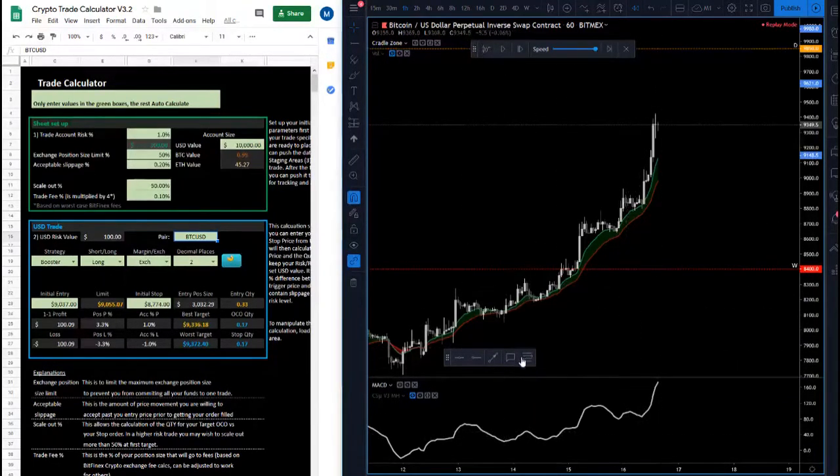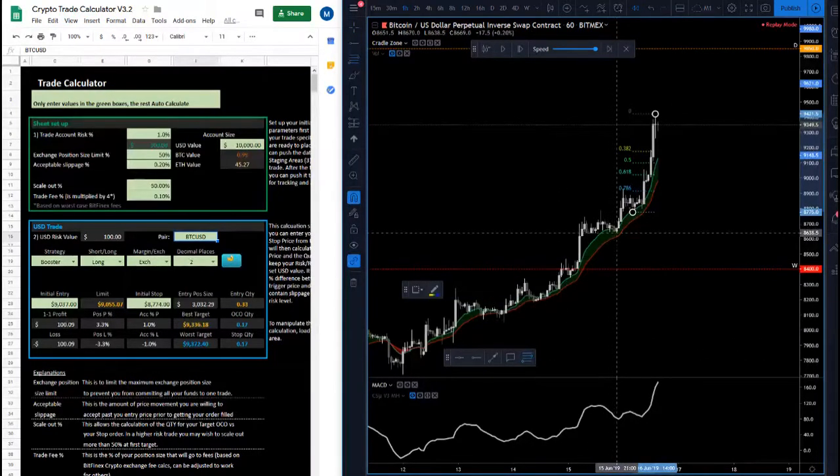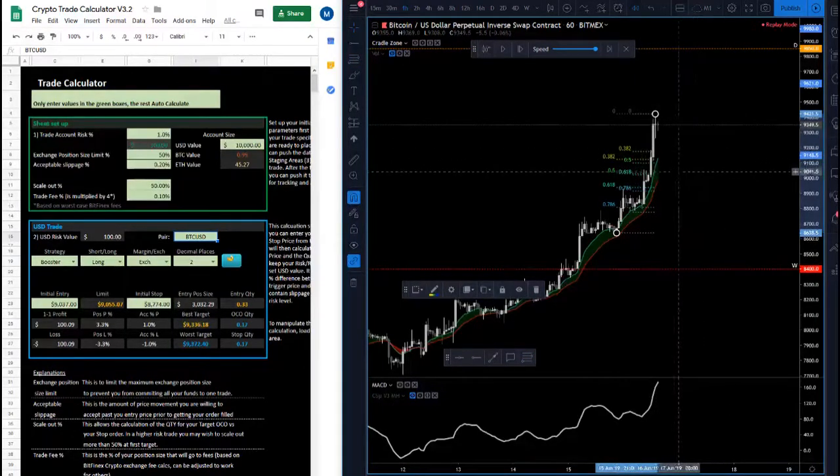So I'll put my fibs on the chart, going from the last high low up to the current high, and then again for the next one. And so we've got our confluence of prices here, of levels here, and it also lines up nicely with the 9,000 level. So it's a really nice booster. Now we can put our